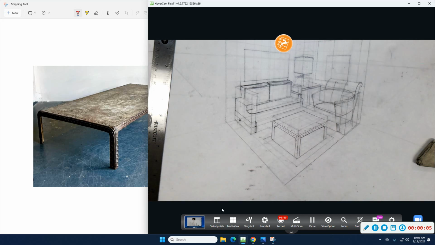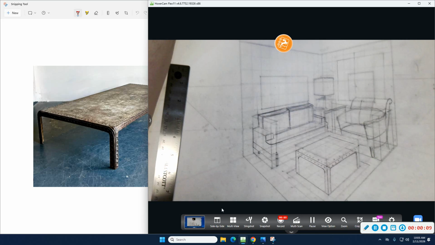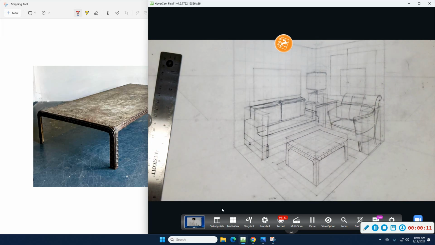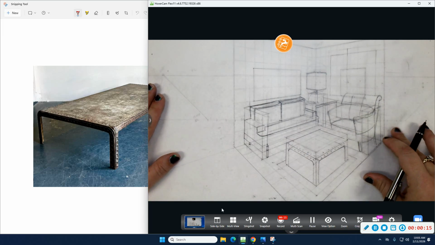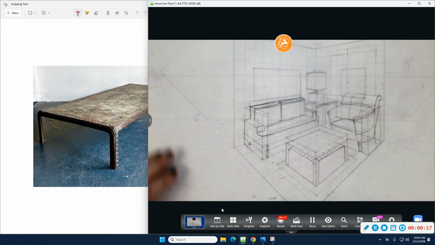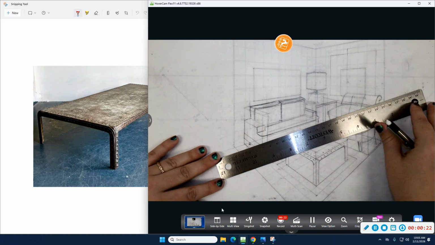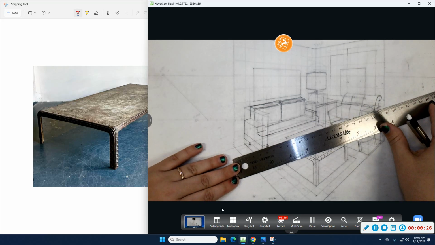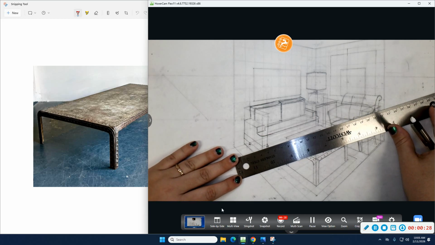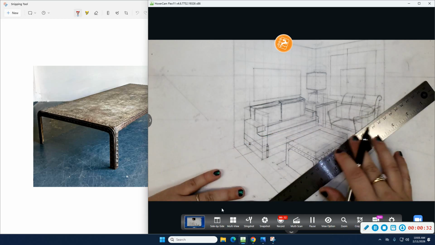Alright, so I've gotten some of the furniture in. Oops. Whoa. Now I'm going to do the floor. I know I want to do some wood flooring, and I think I want it running lengthwise this way. So what I'm going to do is use my vanishing point, and it would be helpful if I had a slightly longer ruler here. And I'm just going to